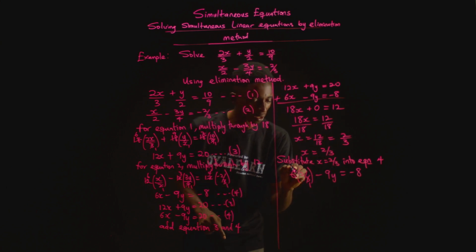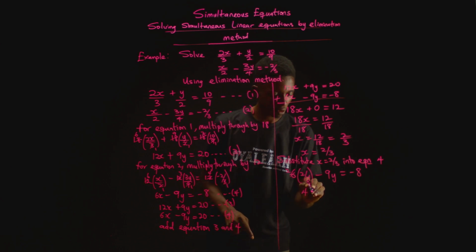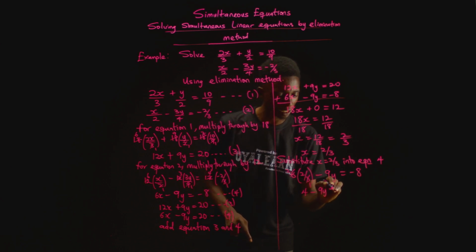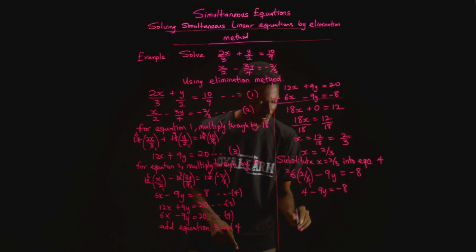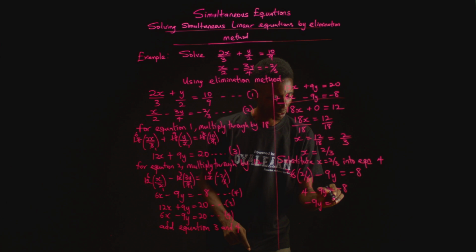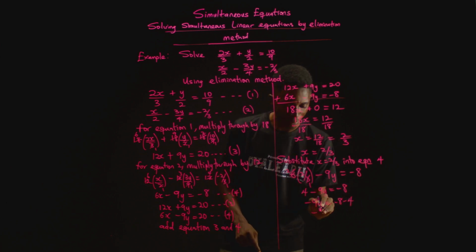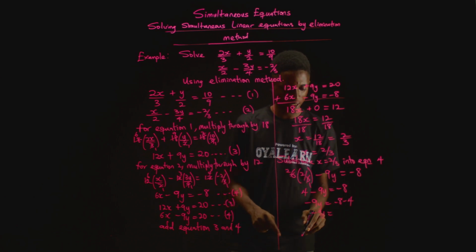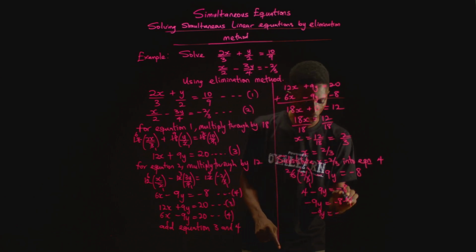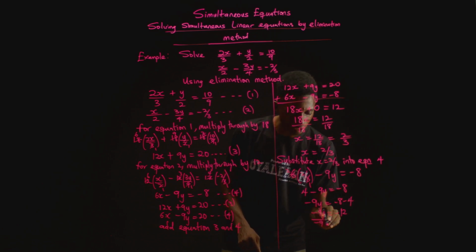Now, 3 here 1, 3 here 2. So 2 multiplied by 2, and we have 4. So 4 minus 9y equals minus 8. And then we can now say minus 9y equals minus 8 minus 4. And our minus 9y equals minus 12. So when we divide both sides by minus 9,